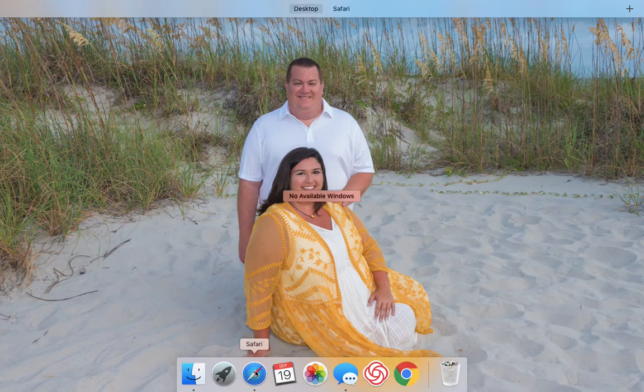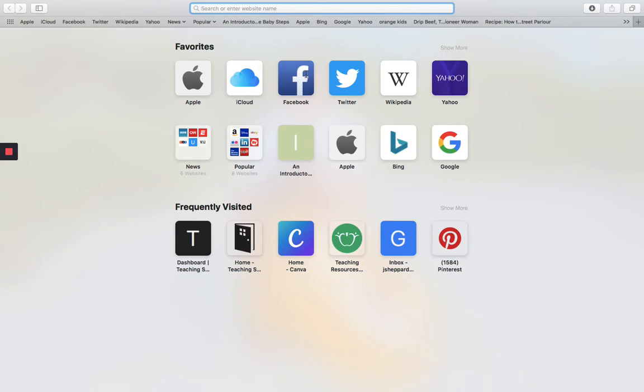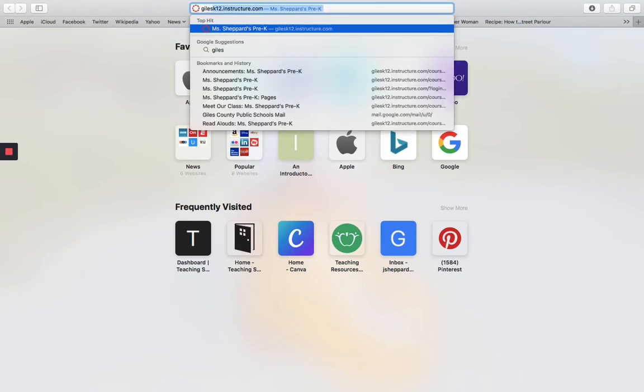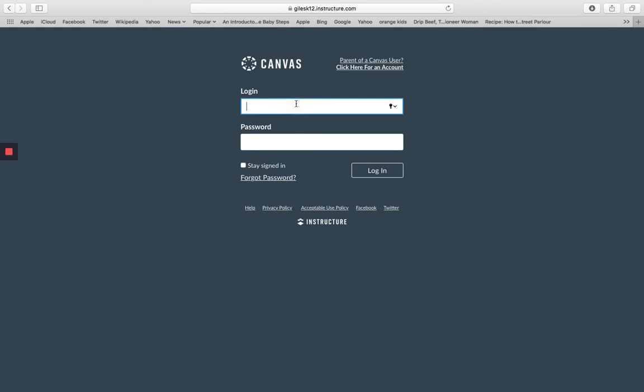This is a tutorial on how to use Canvas on an internet browser. You are going to go to your internet and type in Giles K12.instructor.com/login/Canvas. When you get to this page, your login information is going to be